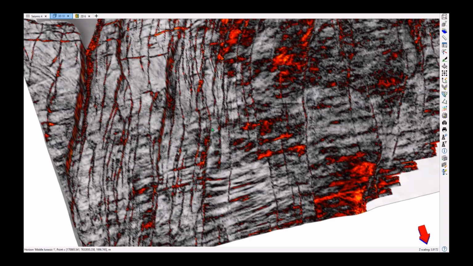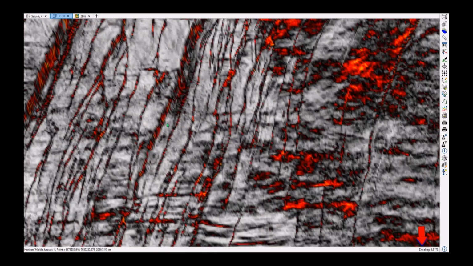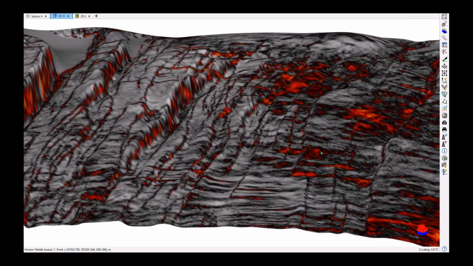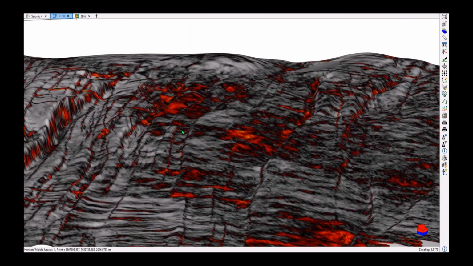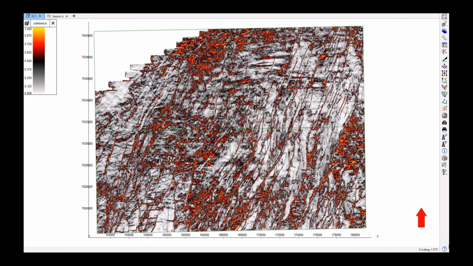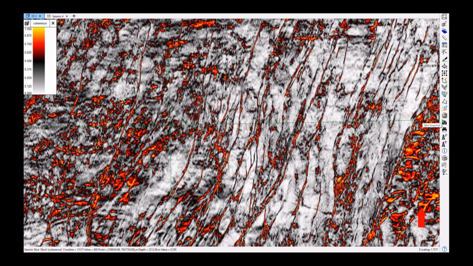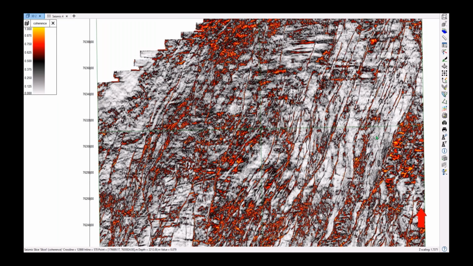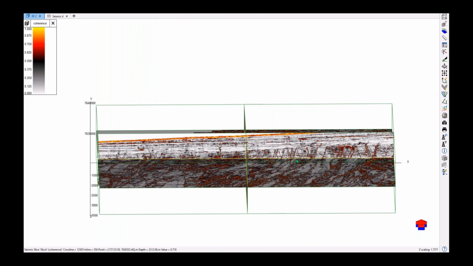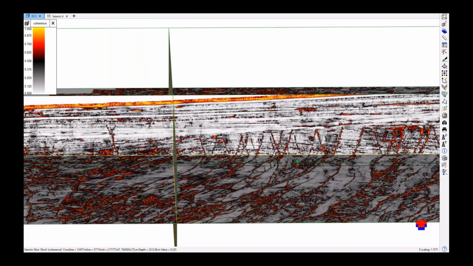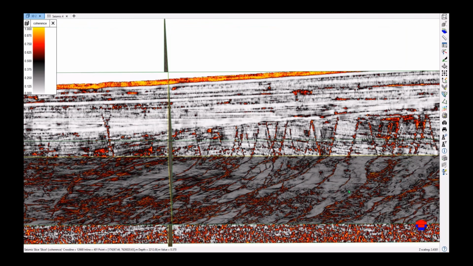And what I'm doing now is just overlaying the attribute creation and the surface that I created on top of each other. This allows us to combine the two data types, place them on top, and make sure that they are QC'd correctly and in alignment with what we think. Again, this is just coherence, and you can see here it allows us to pick out the faults really nicely. So we have these strong structural Y-shaped faults appearing in the 3D window,